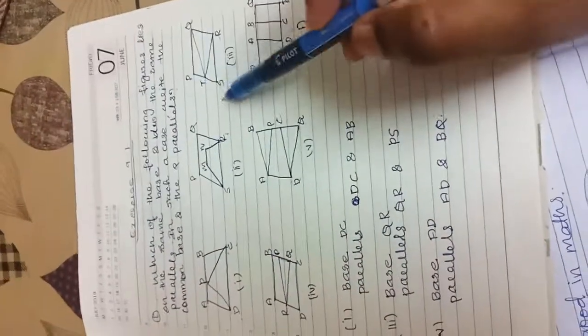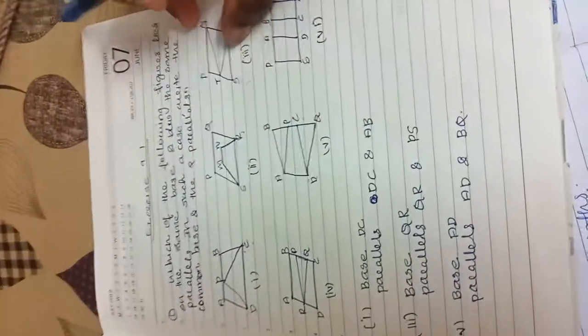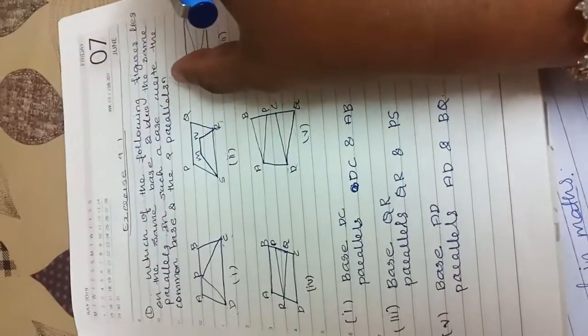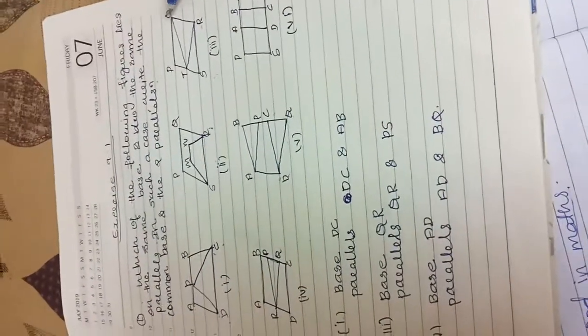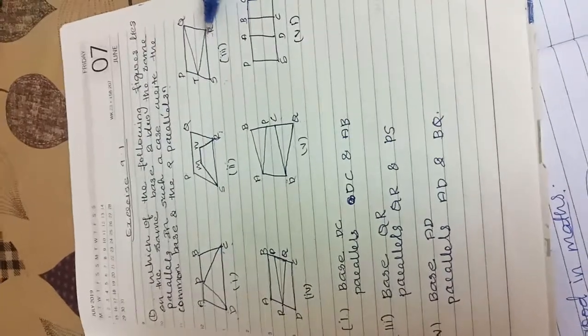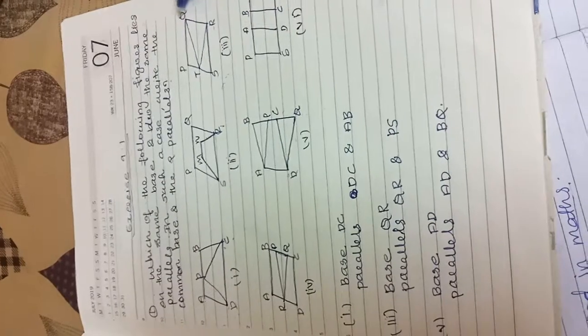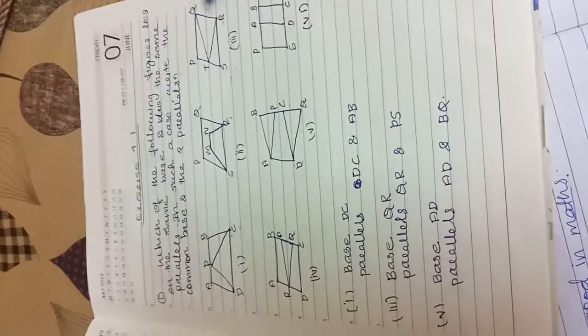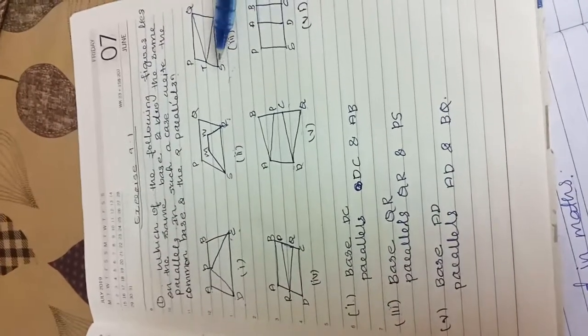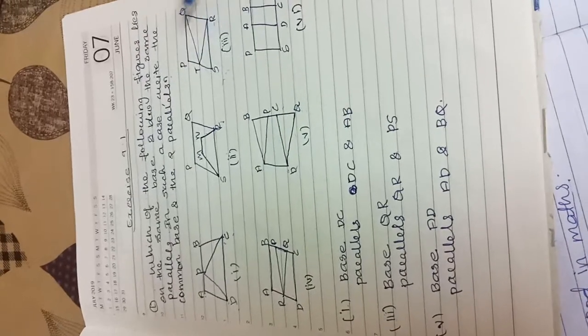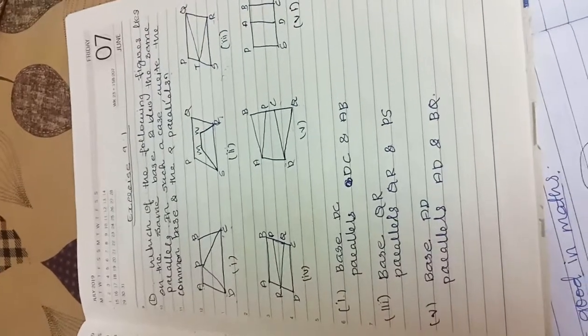Okay, if you are taking this one, if I am just reversing the figure like this, with a clockwise rotation, we will get this as base QR. One triangle is here and one parallelogram is here. So it has the common side, common base QR. So the parallel lines, we can say that PS and QR are the parallel lines.